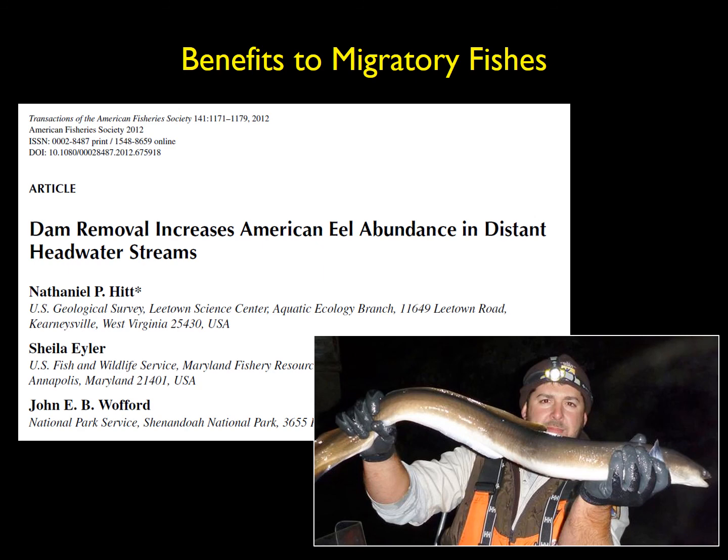But these things migrate way up the rivers. They found them as far inland as Oklahoma. But of course, to be able to migrate, they have to be able to get around dams. So this is a paper that found that removing dams has increased the ability of American eel to get back into these streams, which are in some cases over 500 miles distant from the Atlantic. So removing dams definitely increases abundance and aids any kind of migratory species.